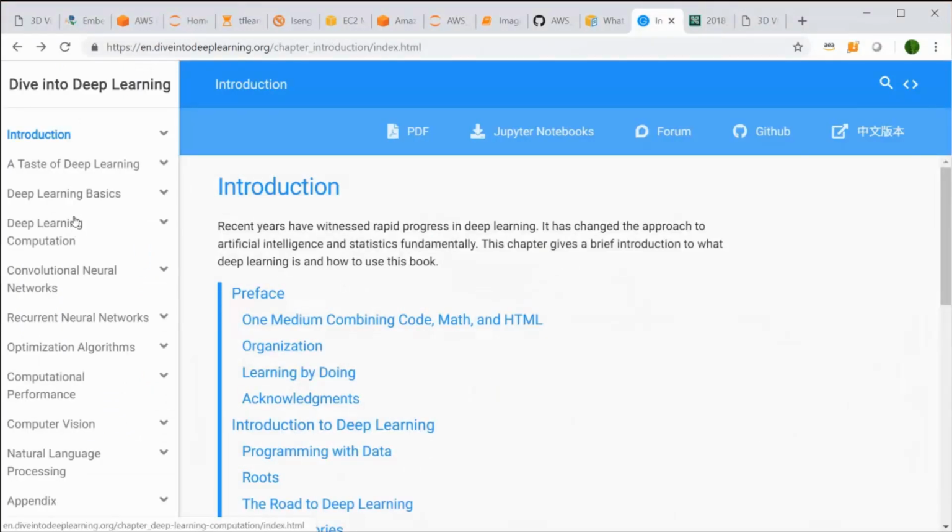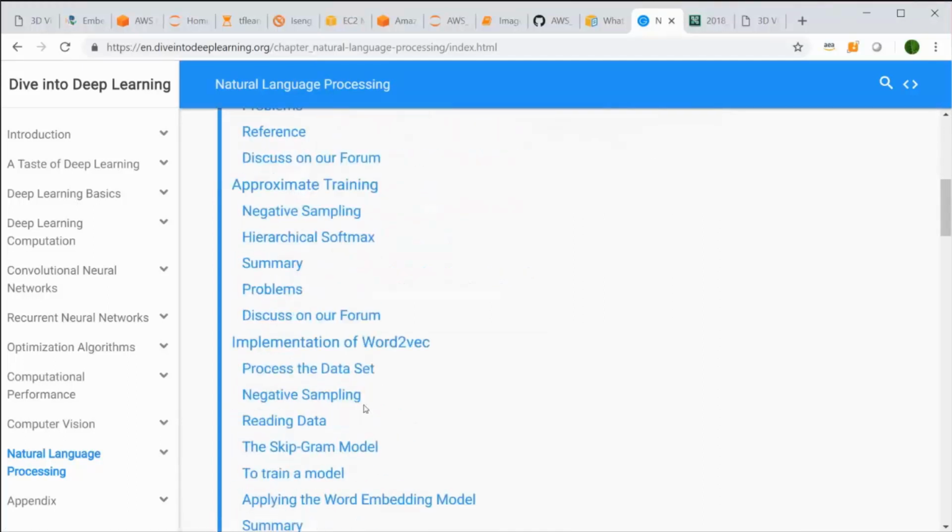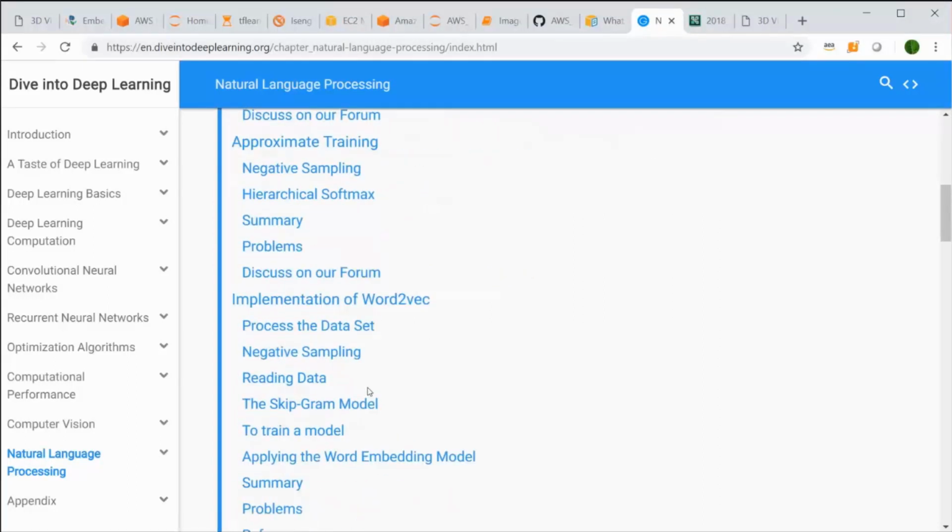We go into the basics of deep learning, which we had to cover very quickly today. If you're interested in knowing the math behind it and how it really works, there's convolutional neural nets, recurrent neural nets, optimization algorithms, computer vision, and natural language processing, which is one of my favorite topics. It covers a lot of the basics and the interesting developments in the field.